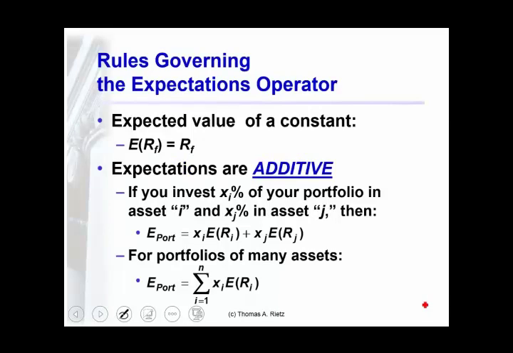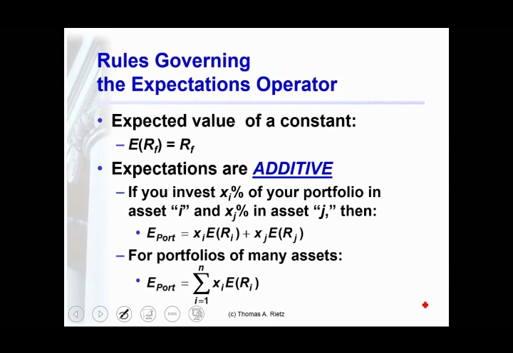So the expected value operator is additive and linear. Now that means a couple of things. One of them is that the expectation of something you know for sure, like the risk-free rate, is just that thing, the risk-free rate. Second, if you combine things in portfolios, for example, suppose you have $100 and you put